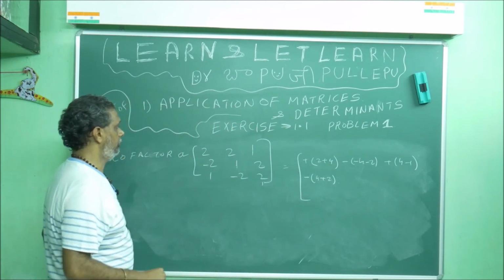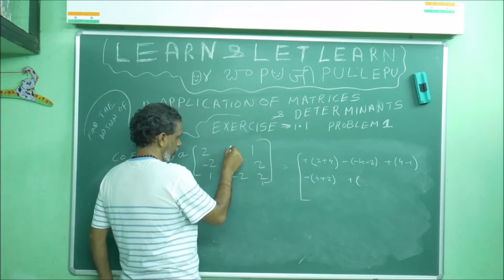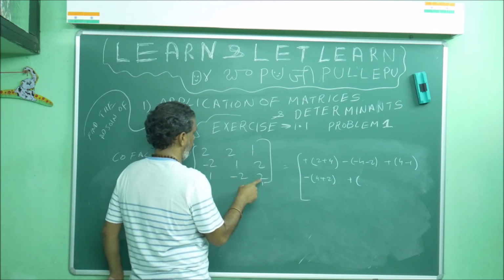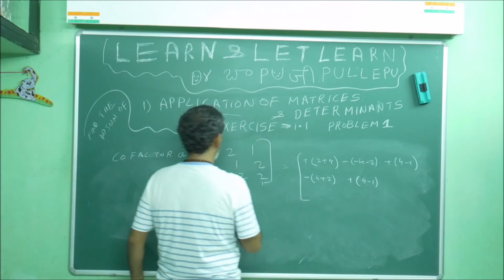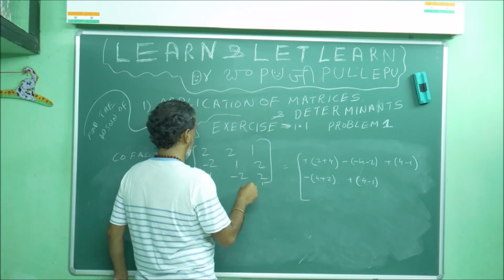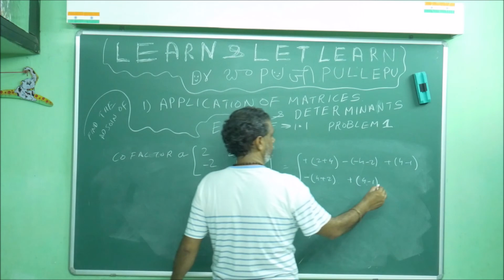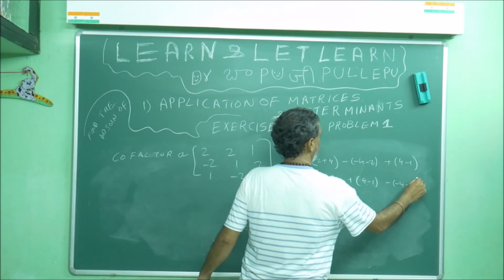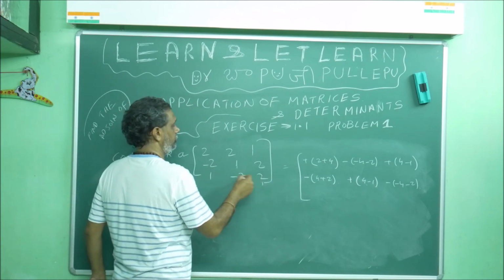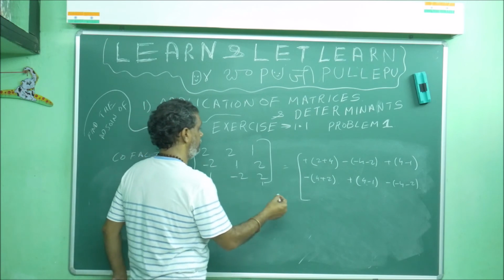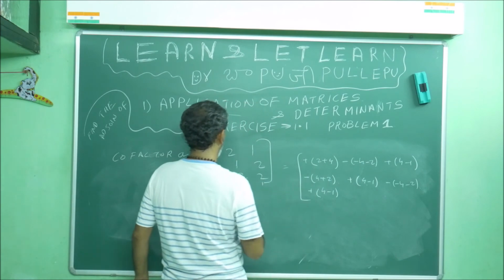Getting or not? Now cofactor of 1, plus. Leave this column, leave this row, again 2 into 2, 4, 4 minus 1. Then cofactor of 3, leave this row, this column, what will you get? 2 into minus 2, minus 4, again minus 2. Then cofactor of 1, leave this column, leave this row, then 4 minus 1. This you will start with plus, 4 minus 1. Then cofactor of minus 2.